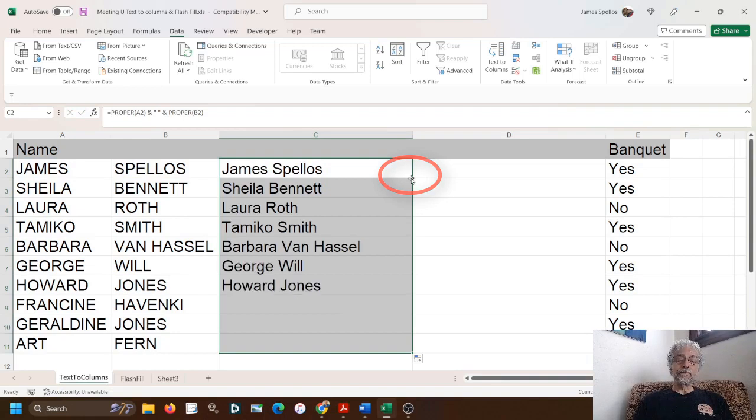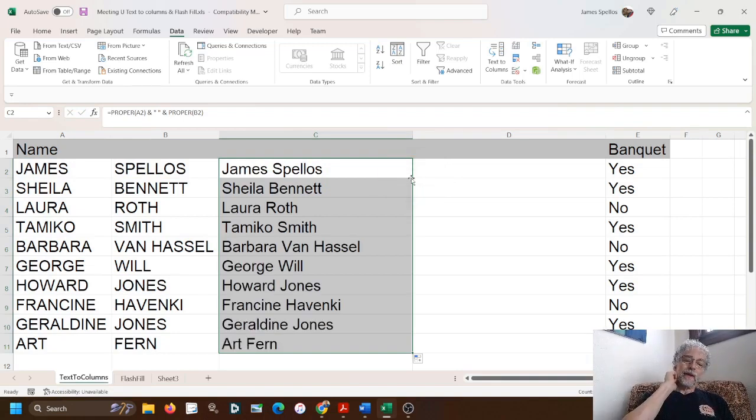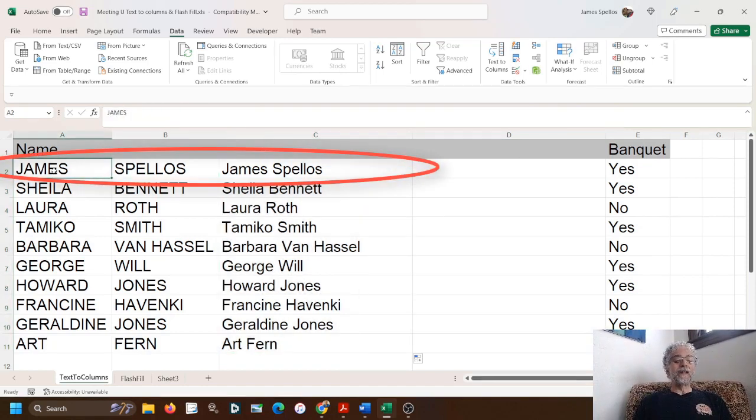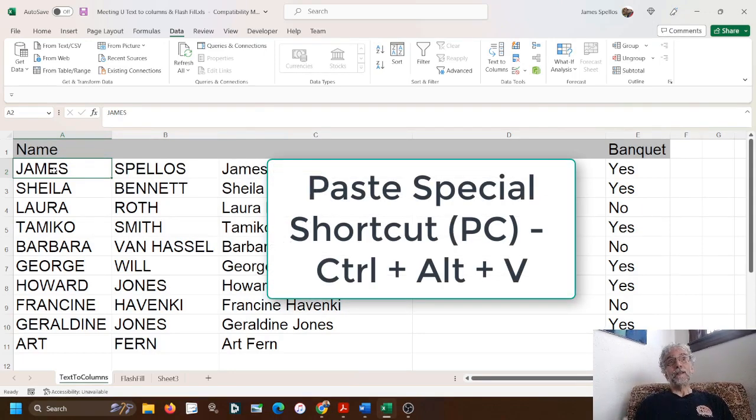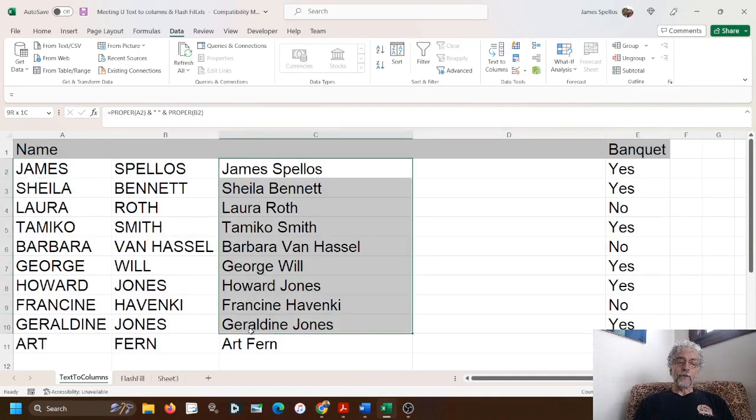double click on it. Now, one more thing. The problem with what's in C2 right now is it's tied to what's in A2 or B2. So if I was to do something silly like delete my first name, it would also delete that in the formula. So what we're going to finish up on right now is what I like to call copy and almost paste. Some people actually call it by its real name, which is Paste Special, and it is a really useful tool across all of Microsoft. What we're going to do is highlight all of those records that have the formula in there,